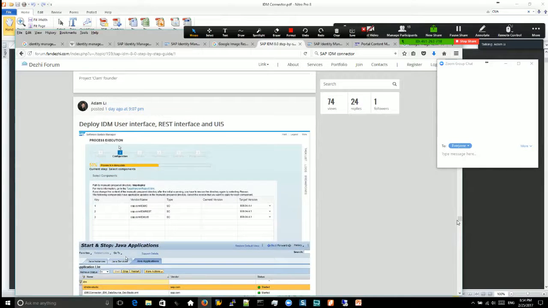And some people asked me, what's the salary of an IDM consultant? I would say, because the skill set of IDM is not really common in this area, the salary or the hourly rate is above average. I would say it's more than a Basis administrator or more than a security administrator, that's for sure. But you won't be able to find many opportunities in the market asking for an IDM consultant or IDM implementation consultant. The reason is, like I said again, that the company doesn't really feel it's worth putting that